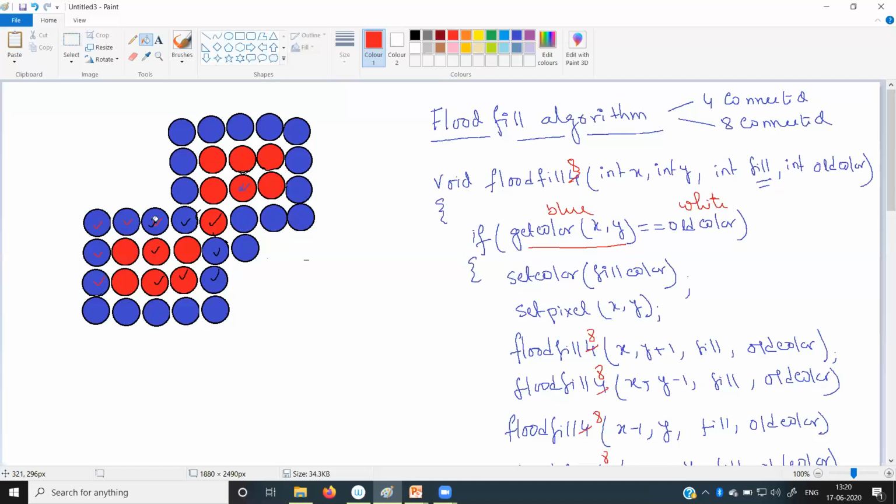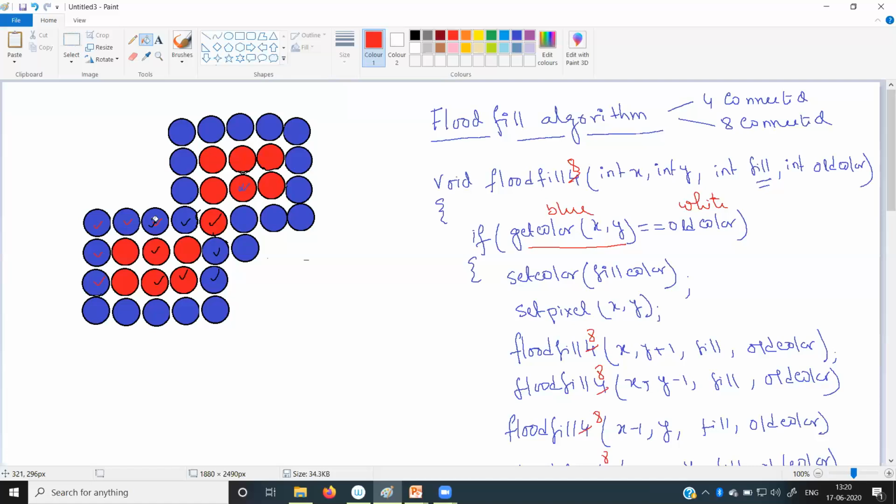And the important thing is that suppose your boundary color is red and you are also selecting red to fill up the polygon. In that case, there can be a problem.